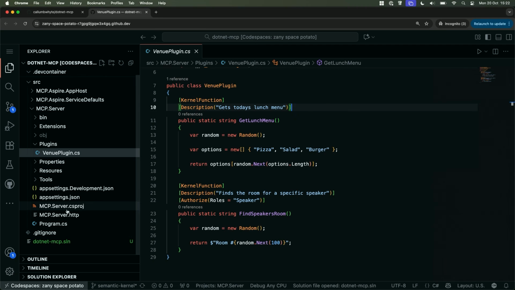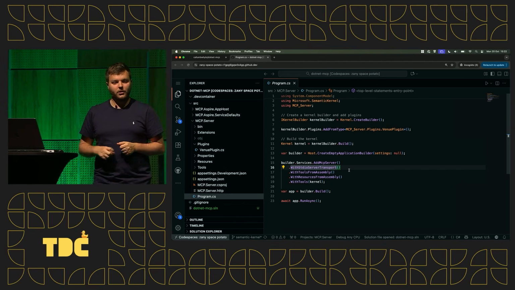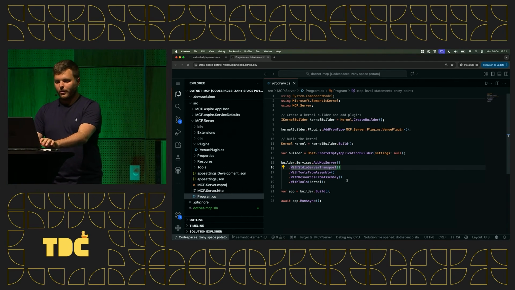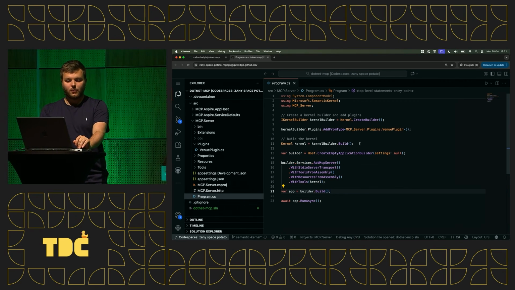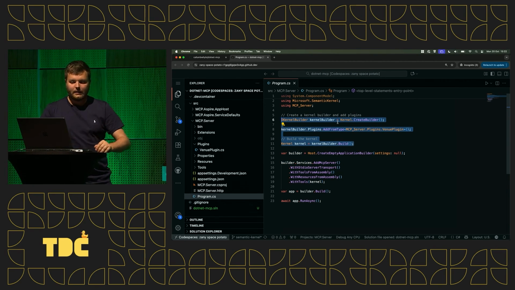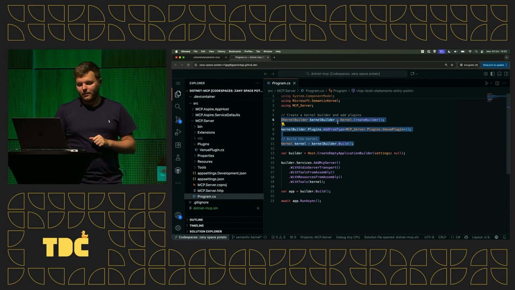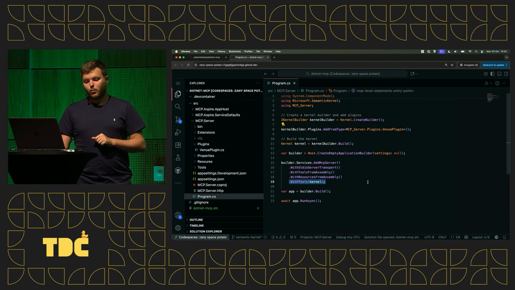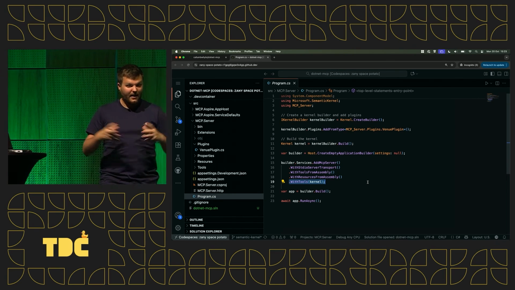And so in the program in our startup, this looks slightly different to what you'll have seen before. Of course, all of the code here is exactly the same as we had a moment ago. But instead, we just tell semantic kernel that, hey, we also have these plugins, and you should register those. And then we have this with tools and add the semantic kernel to our MCP server, and we now combine